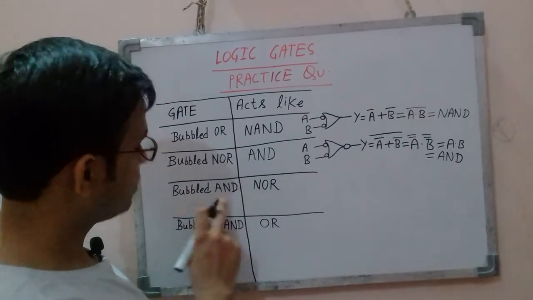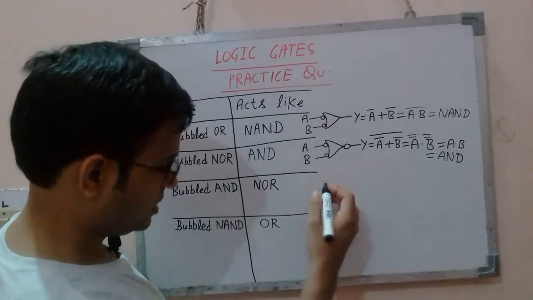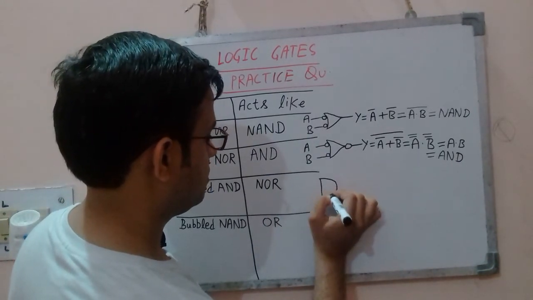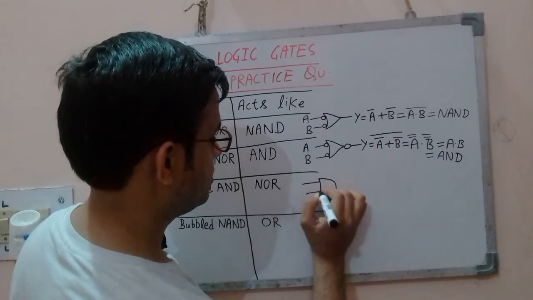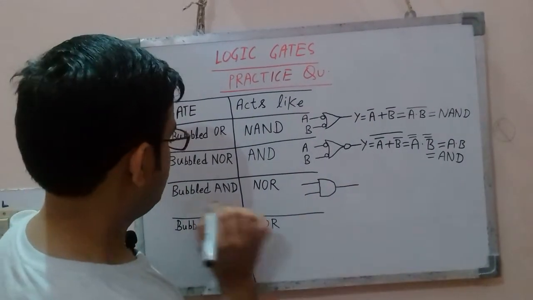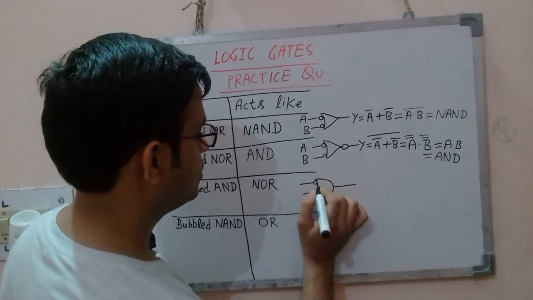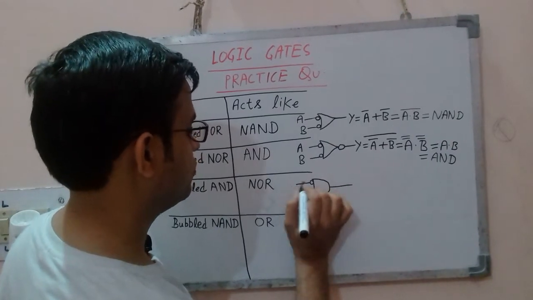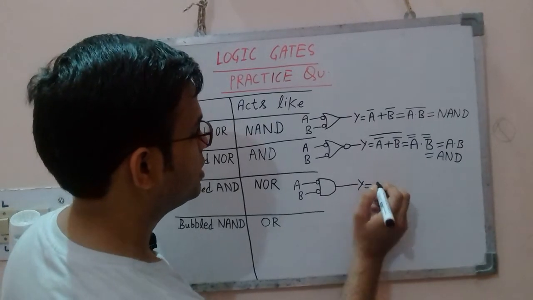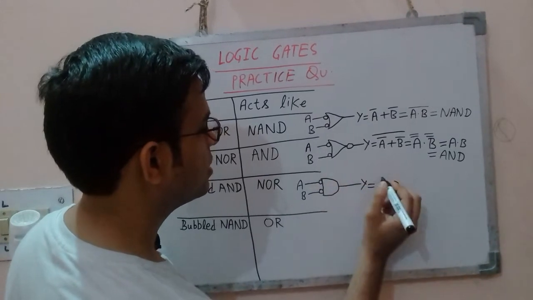Now third one, bubbled AND. Bubbled AND is nothing but NOR gate. See how? Make an AND gate. This is my AND gate, right? Now you have to make it a bubbled AND gate. That means put a small inverter here, put a bubble, let the inputs be A and B. So what is output Y? AND gate output is A into B. Now the inputs are A bar and B bar. So like this,